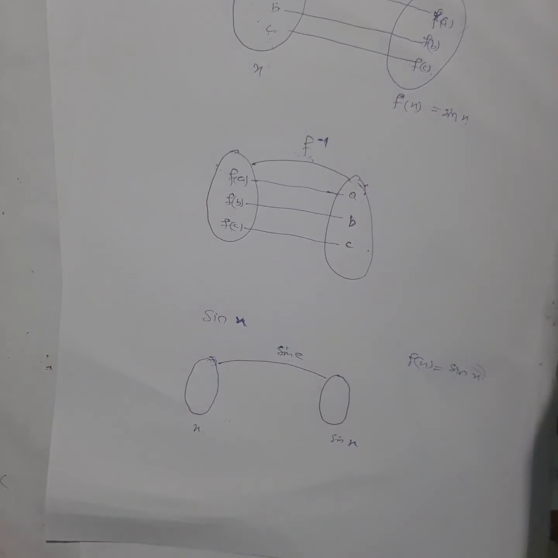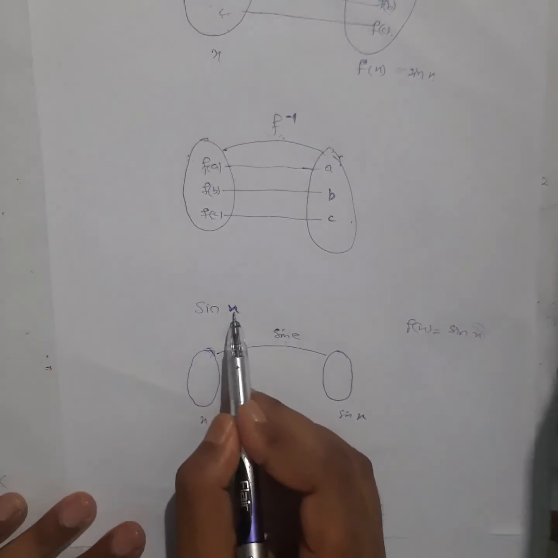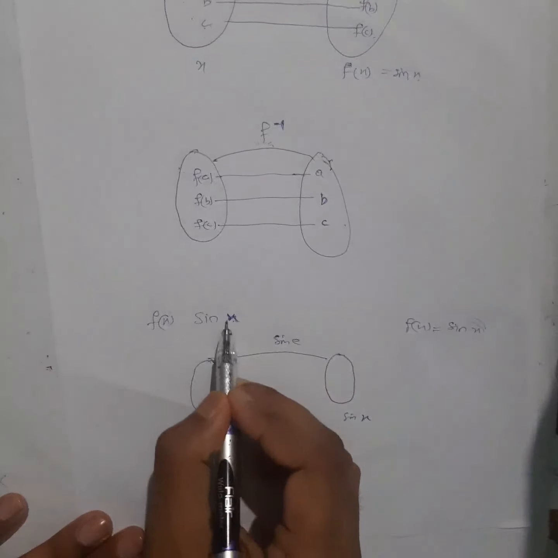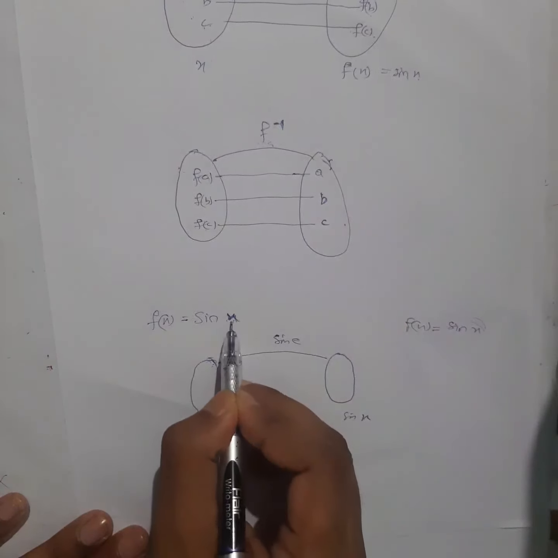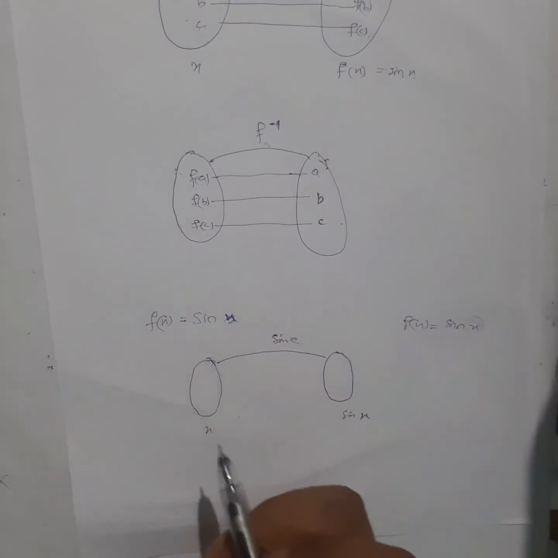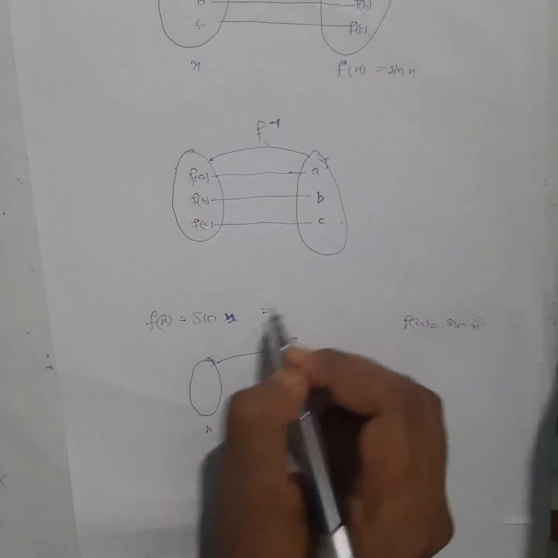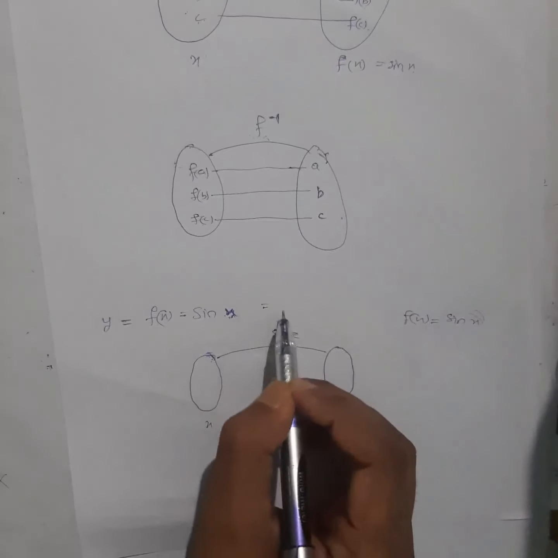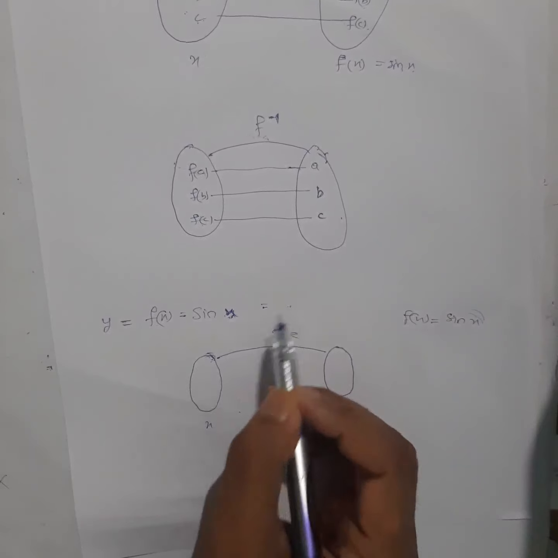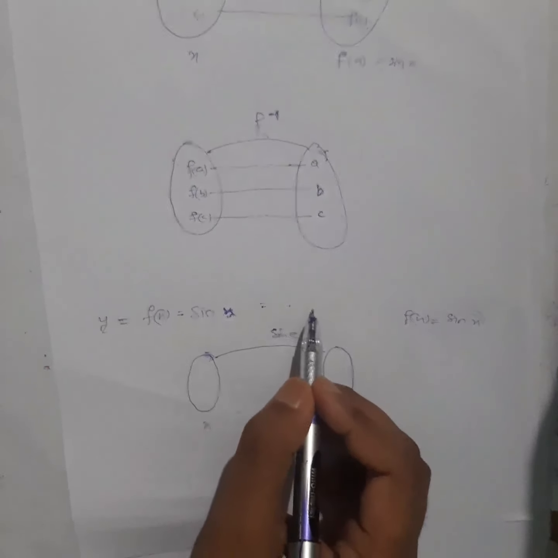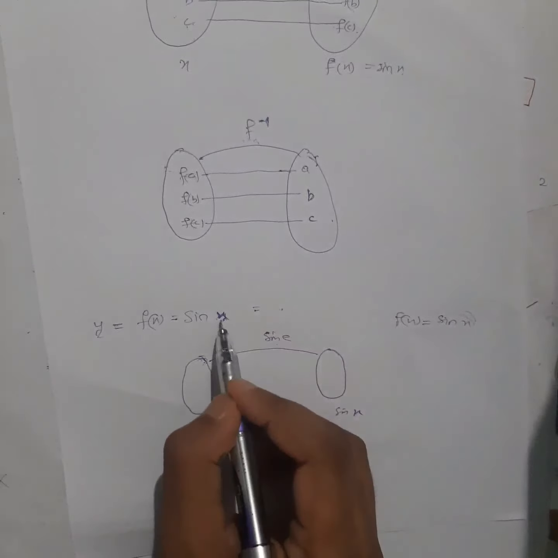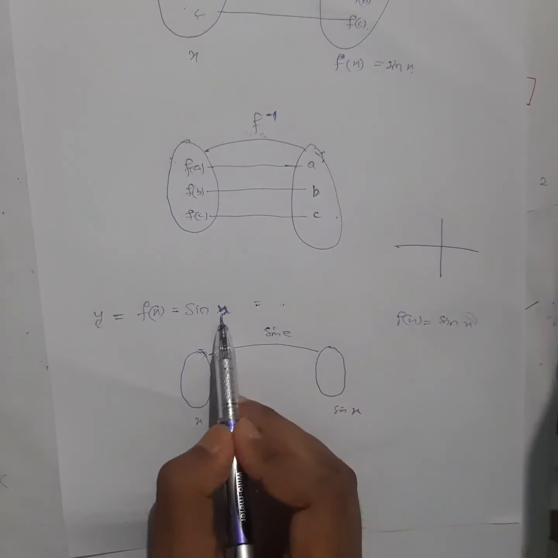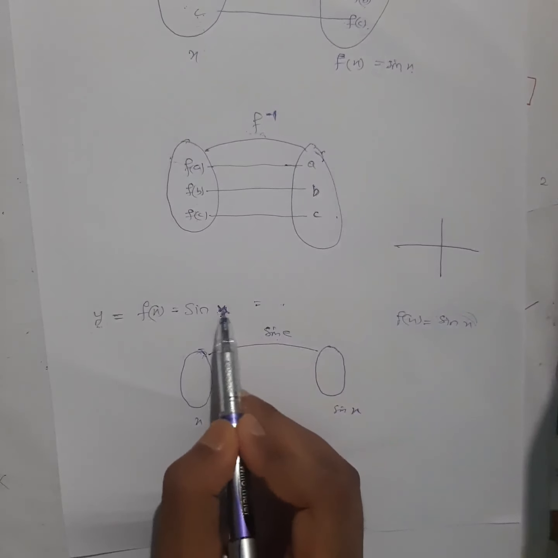See here how we used to find the domain last time. Remember this: if I write f of x, how did we find the domain? I will put all the real numbers in place of x and check what kind of y value we get. f of x can also be written as y. What value of x can I put such that I get a defined y value? Defined value means real value. So what value of x can I take? First thing, what was this x? Remember, this was an angle.